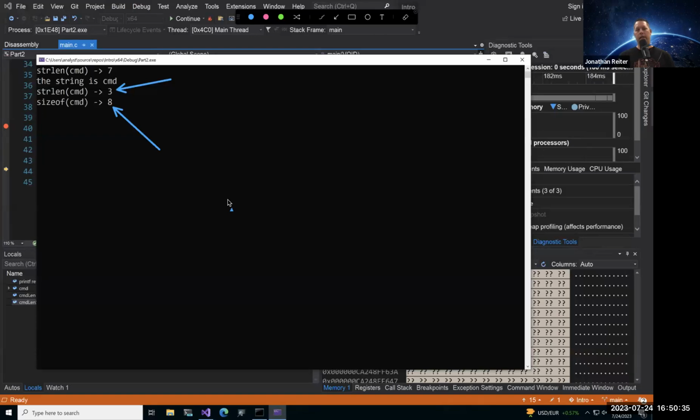And strlen, all its job is to go through and iterate over all the values inside of it, looking at the value until it hits that null byte. So loop-de-loop-de-loop until we find null, boom, break out of that loop. And whatever that iteration number is would be the length of that string. How many characters were iterated over until we hit the null byte? That's the value for strlen, okay?